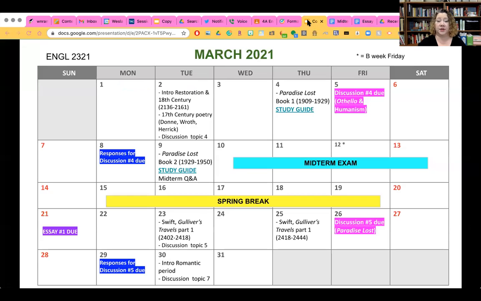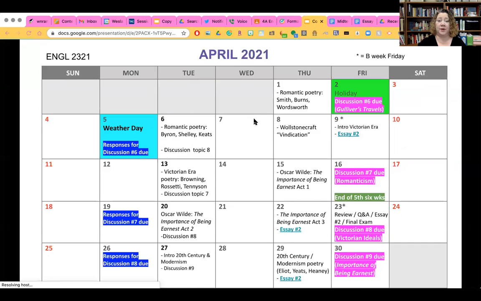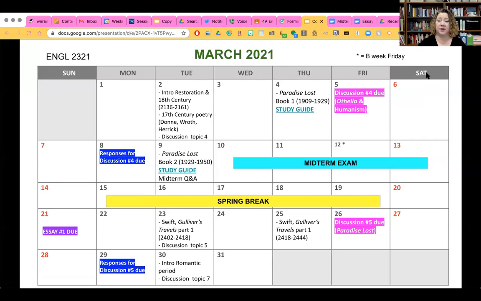I'll go back to the calendar for a second. Because of the weather situation, I had to move things around a little bit. And originally, we would have been finishing Gulliver's Travels just prior to the midterm exam. We'd be finished with all of Unit 3, but that's not going to happen. So I need to take off of the midterm all of the things about Gulliver's Travels, and we'll look at that when we get back and finish up Unit 3 then. Hopefully that makes sense. I don't want to put something on the test that we haven't worked through. So Paradise Lost will be the end of the material for the midterm.